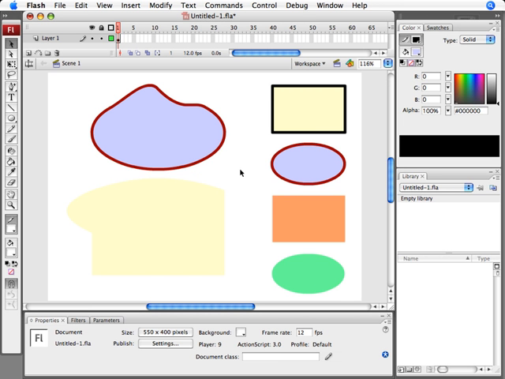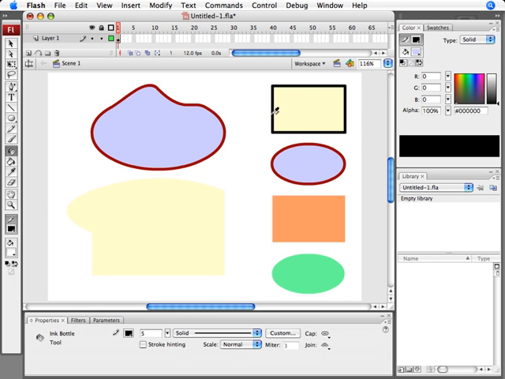On the right side of the stage, I have 4 shapes, some with fills and strokes, some just with fills. Let's take a look at how the eyedropper works in Flash. Instead of just isolating a color, the Flash eyedropper will pull the attributes of a fill or stroke. If, for example, we come over to the first shape and eyedrop on the stroke, you'll see a little cursor feedback there indicating that you're over a stroke. You can click, and then you'll note that the color has changed to black, and the default tool has now